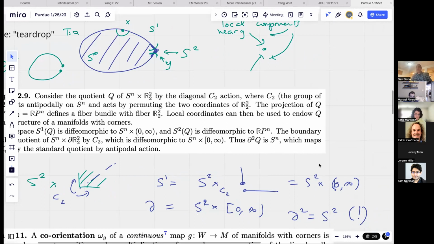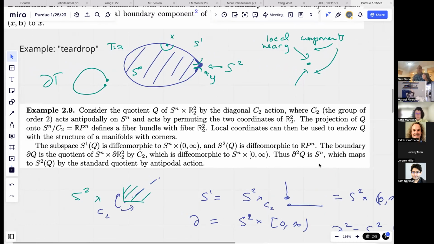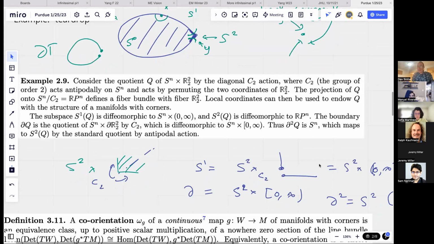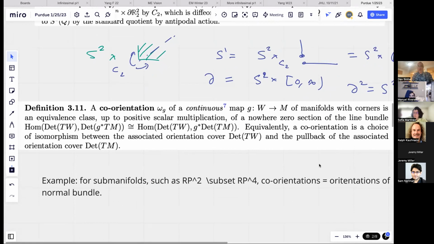Because there are these two pre-images in boundary squared, you're always going to get an involution, but it's not of the form manifold cross C2. In this case, there's a free involution on S2 or Sn, and it's non-trivial. So this is a key example. If you want to use manifolds with corners, you don't get boundary squared equals 0 for free, right? So this is one reason this wasn't worked out in the 40s or 50s, presumably. I can't really speak to that, but okay. So that's one key technical thing.